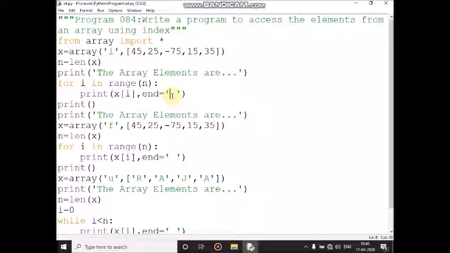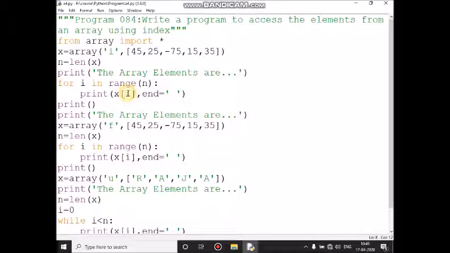After printing 45 it will give one blank space, then the cursor will be there, then control automatically comes here and the i value will increment. Now it will print X of first location value 25, then one blank space, and i increments from 1 to 2. Now X of second location value, minus 75, will print, then one blank space, then the i value 2 plus 1 becomes 3.